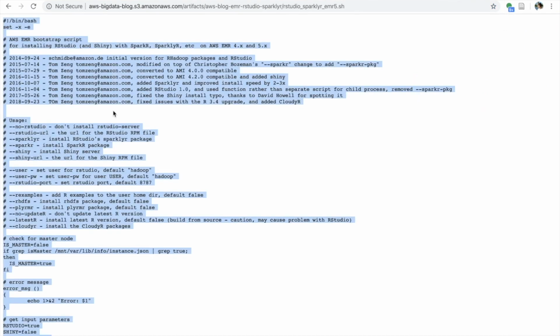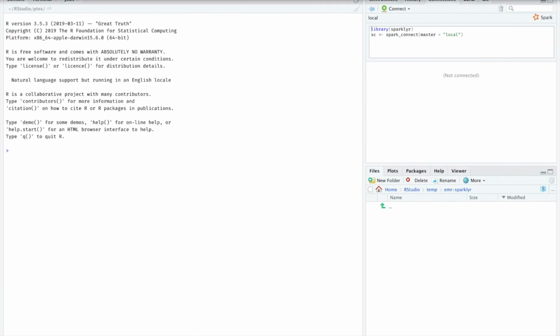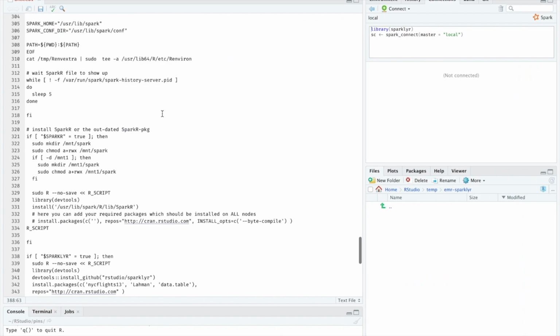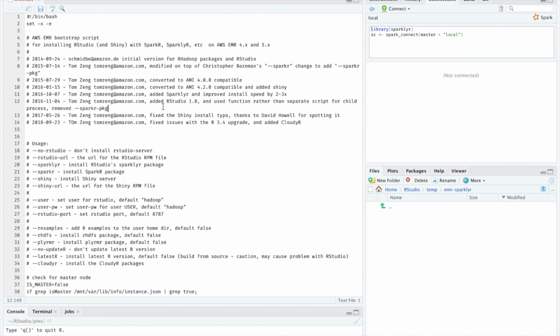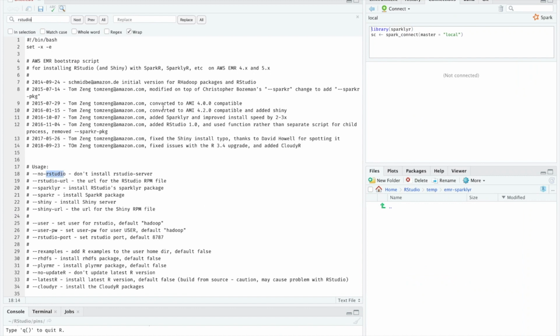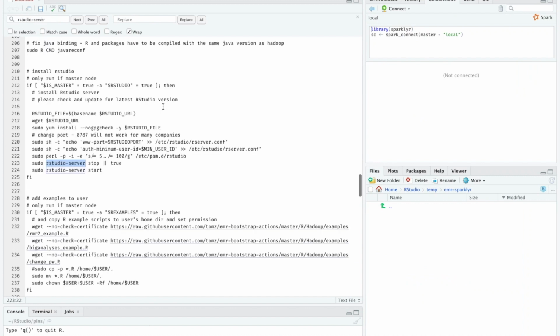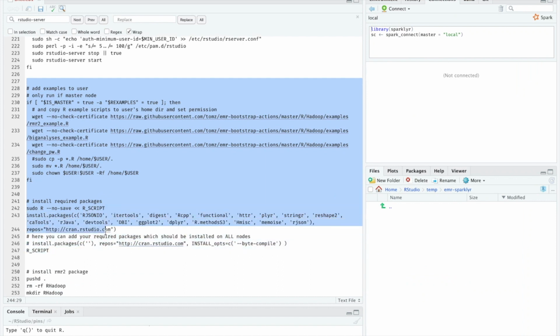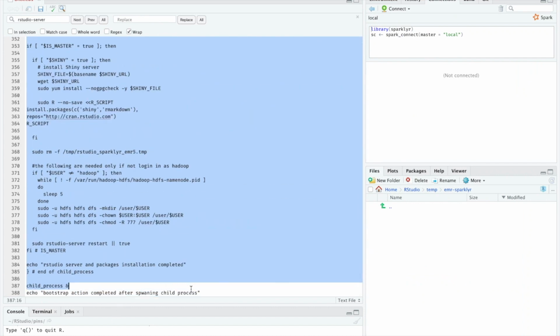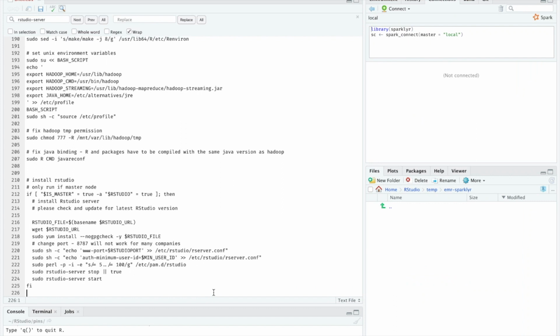And copy all of these. Then you can basically edit this script in whichever favorite text editor you have at hand. What I recommend doing here is look for the installation of RStudio, and delete basically everything that follows, mostly because the steps this particular script is going to do when provisioning your cluster are related to package installation. So let's just remove all that, save the file,